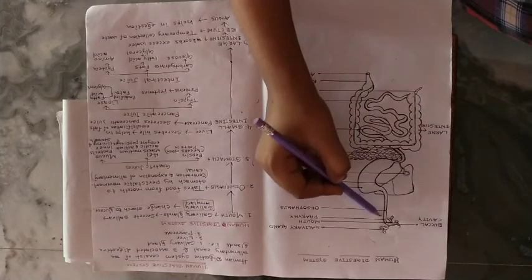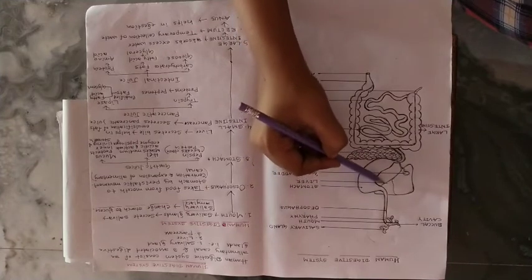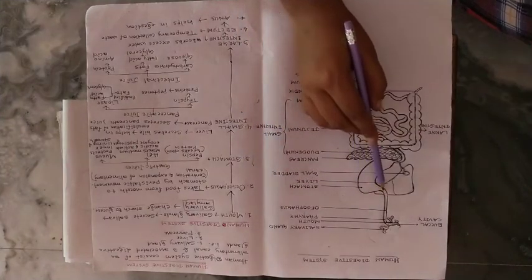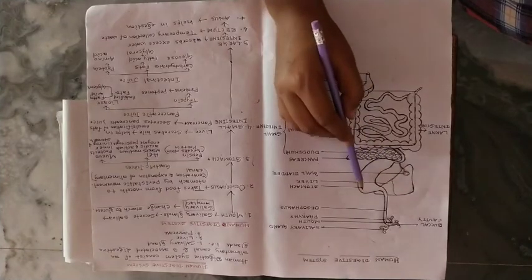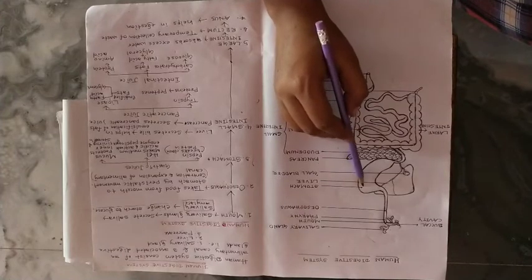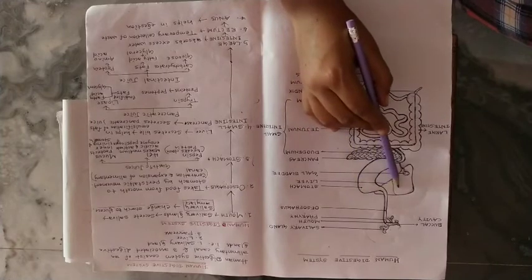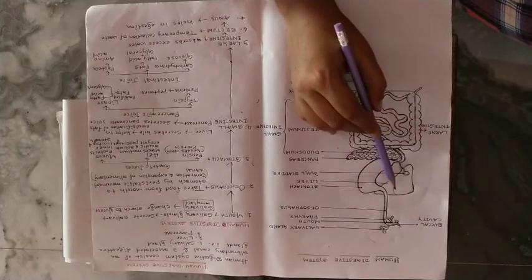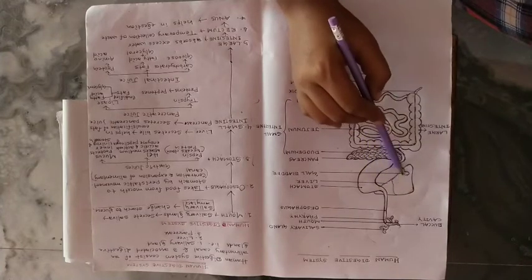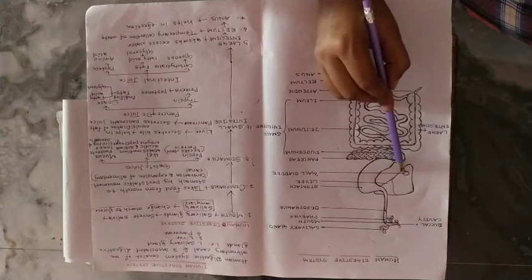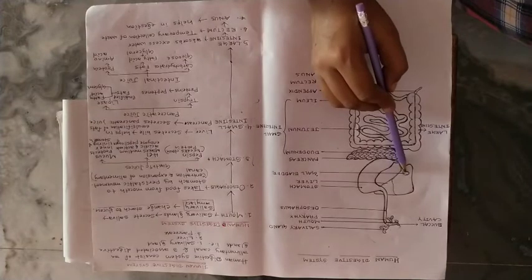Then the pharynx leads into a muscular tubular structure called oesophagus. This tubular structure is the oesophagus, and oesophagus opens into the stomach. This is the stomach. Stomach looks like the J shape of the English alphabet. Stomach is associated with the digestive gland called liver. This is the liver. Liver is a bilobed structure and a small sac-like structure called gallbladder is present in the liver.